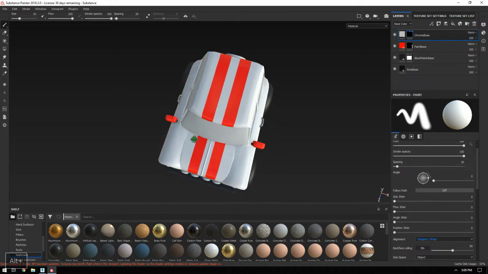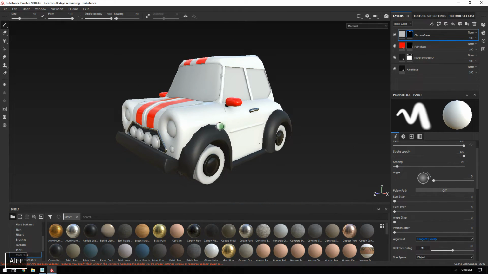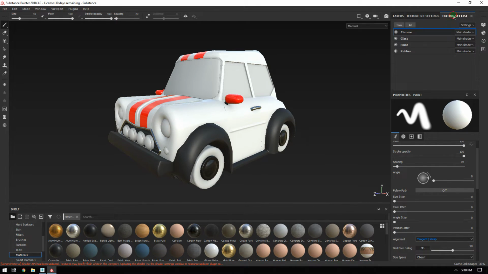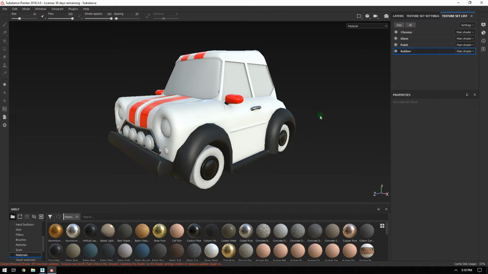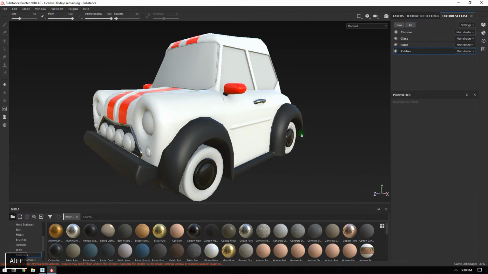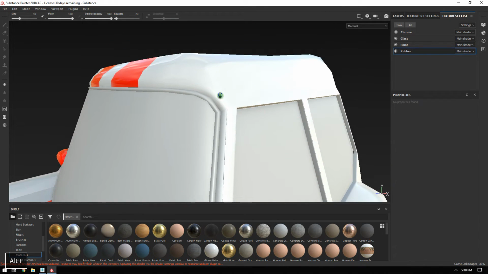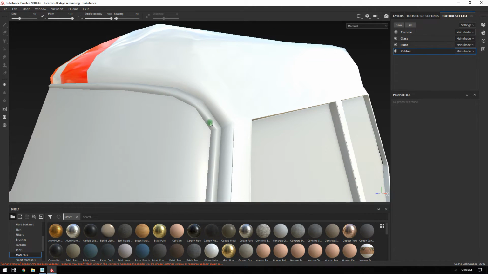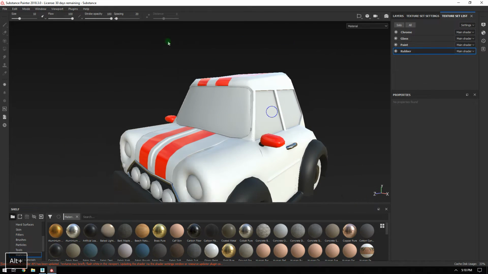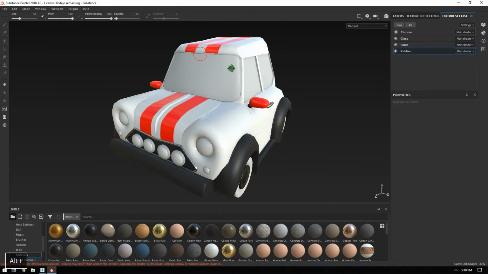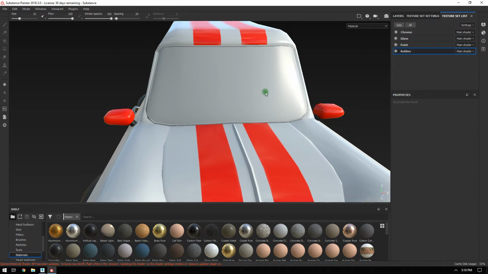Alright, that's reading pretty nicely. I have two more material IDs here that I need to add. The first that I'll do is the rubber. Now this exists only in 2 places on my vehicle. It's currently on the tires and on a tiny little bead of plastic, or rubber, that I placed around my windscreen. I figured that would give me a very nice transition between the very shiny window and the very